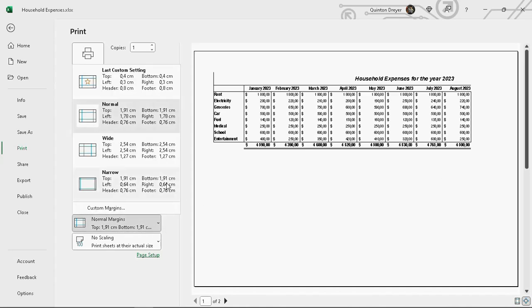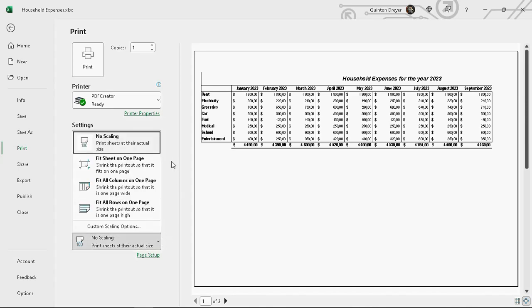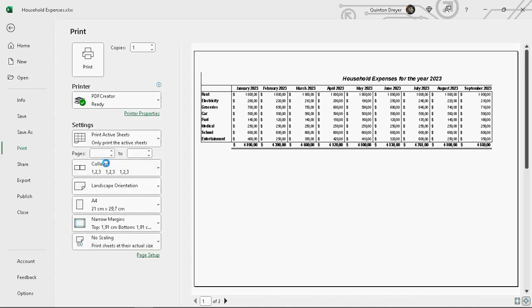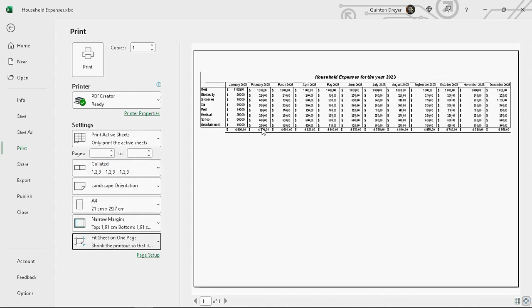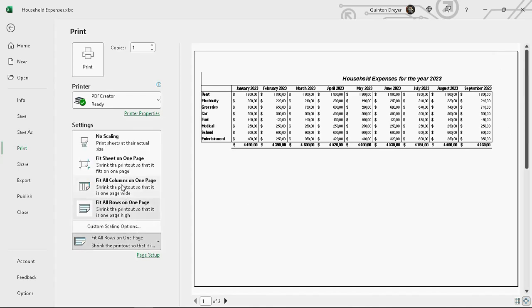So we'll use some narrow margins just to bring it more to the sides of the paper, but it still doesn't fit completely. So that is where the scaling comes in. We can shrink it to fit the whole sheet on one page, which would basically be what we would need to do. You can also fit only the rows, so it would cut off the columns again, or fit